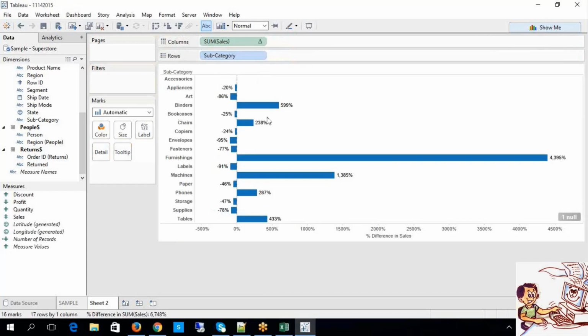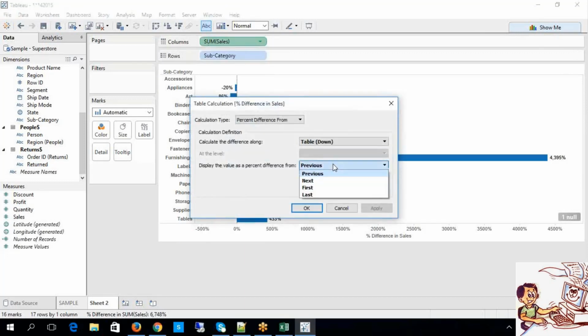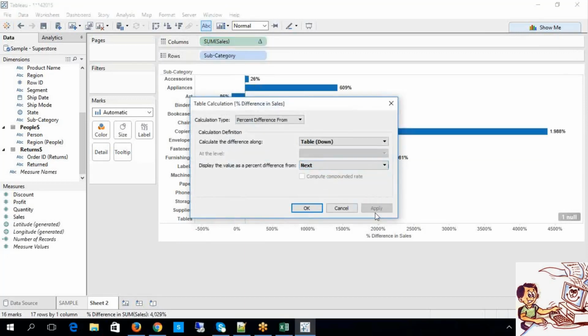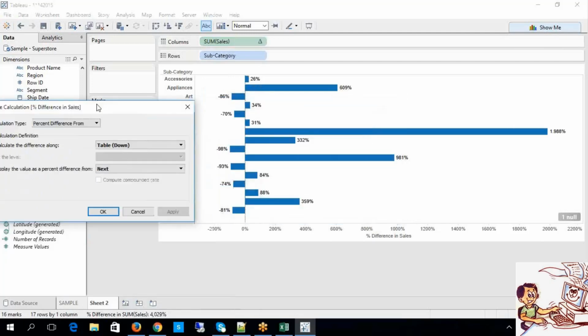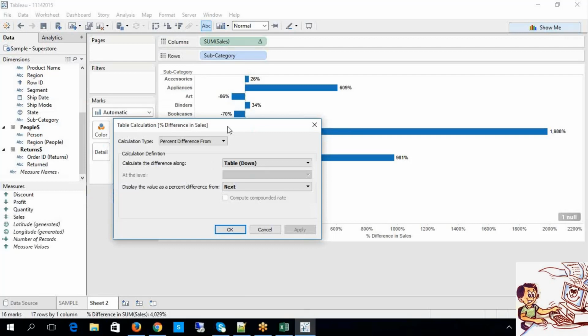Percent values. Look at this. Based upon the availability of your source data, these percentages have been calculated in this way. That is one thing. And these percentages also, you can make it happen with the next value unto the current value, something like this. That is also possible, guys.